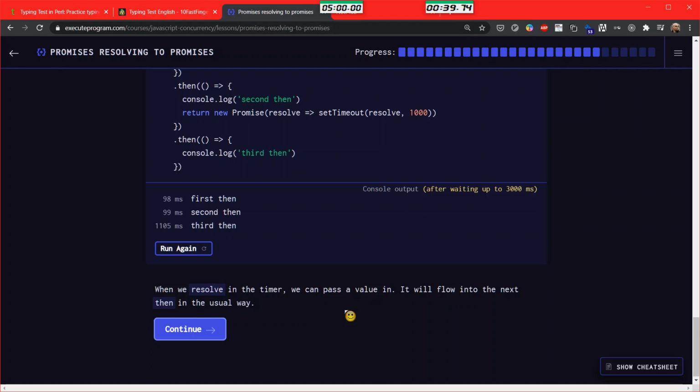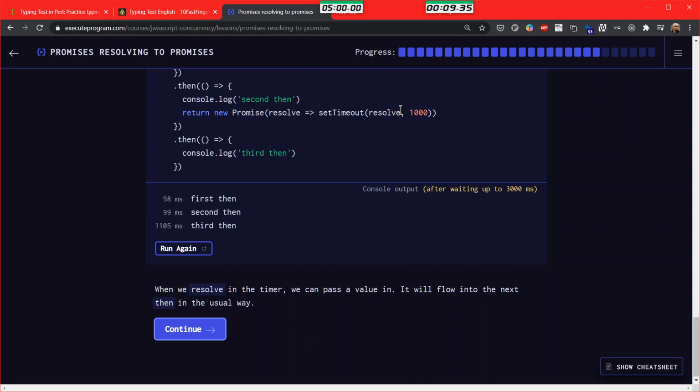When we resolve in the timer, when we run the resolve function, we can pass a value in, and it will flow into the next then in the usual way.